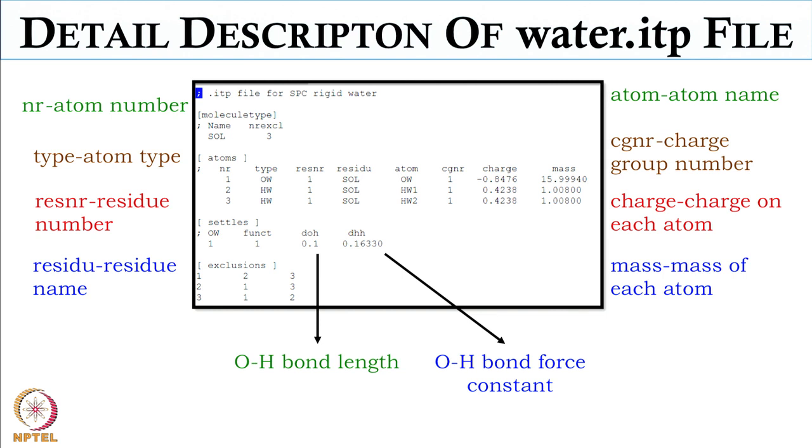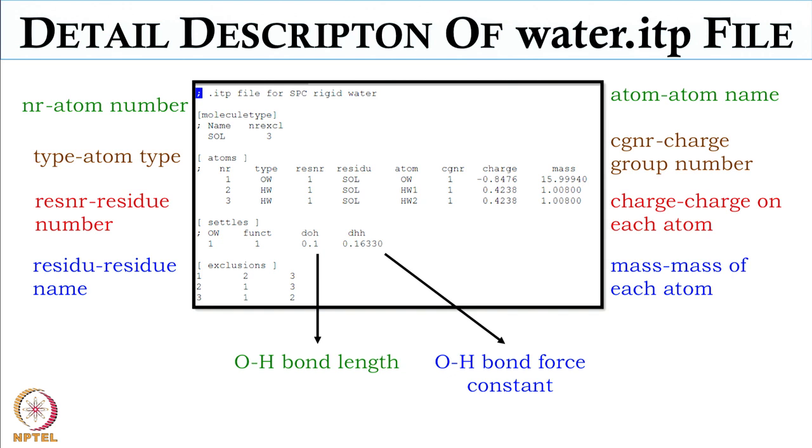Actually, it has to be mentioned in the ITP file itself. So I think I have to change the ITP file a little bit. I just have to add one extra column after DHH itself to give the force constant. Now what are the last lines? Those are the exclusions. When you create an ITP file from a topology file, these exclusions are automatically created. If you don't give them, it doesn't matter. So if I skip the last 3 lines, it is okay? It is okay, but you have to give the bond length and bond angle, which has to be provided there.